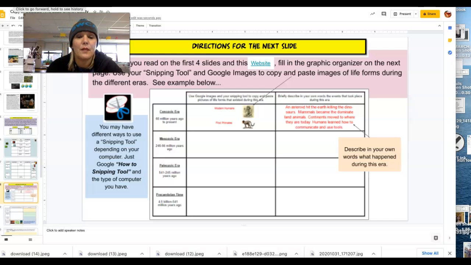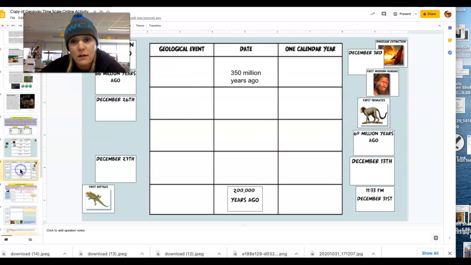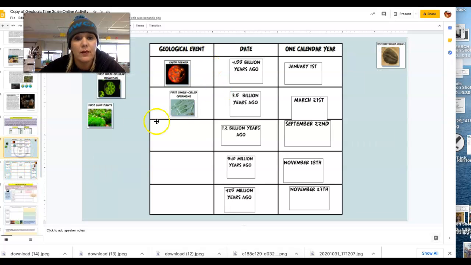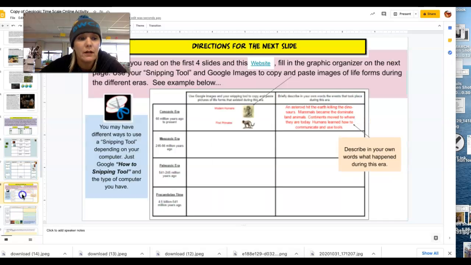Hi guys. Today we are going to continue working on our geologic time scale online activity. Yesterday I had you read slides 1 through 4, and then you completed the timeline on slide 6 and 7, comparing these events to our modern day calendar. Today's part of this assignment, if you look at slide 8, there's some instructions there, and then slide 9 is